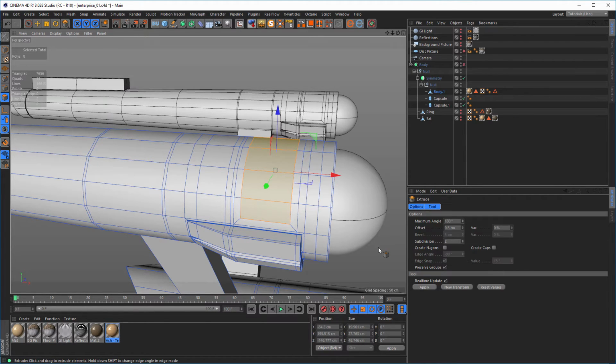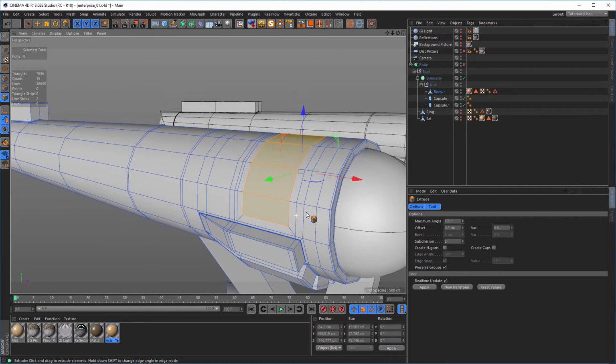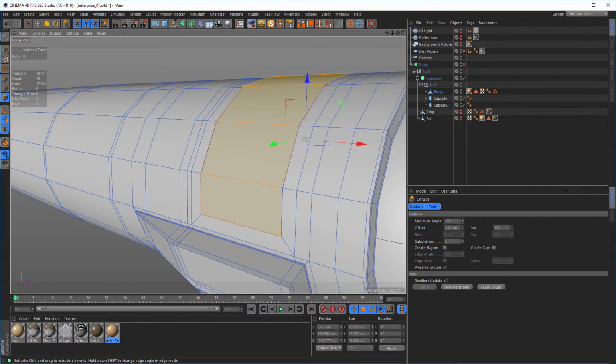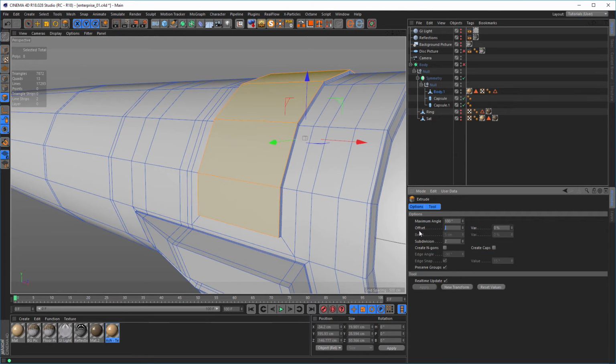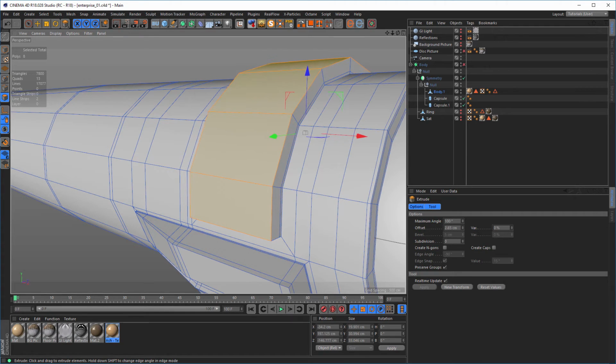D for extrude. First I want to extrude just a little bit. But now here I don't need 0.5, but no subdivisions here. Okay, then I extrude again a little bit, let's say 3 centimeter here. Then again about 0.5, and make an inner extrusion